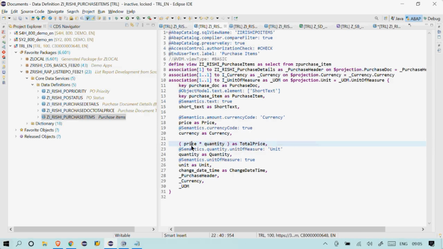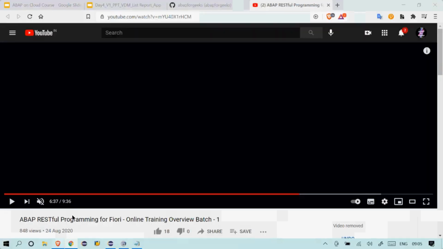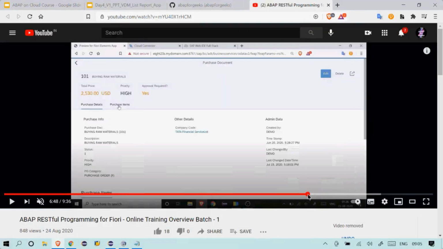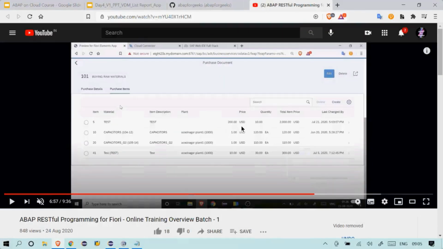So simple, right? I'm just multiplying price and quantity, because there are 10 quantity for the items, total 10, and I'm multiplying each quantity with this price. Okay, so if you look at my example, if you observe here, price and quantity, so we have 200 for each quantity, 10 into 200, $2,000.